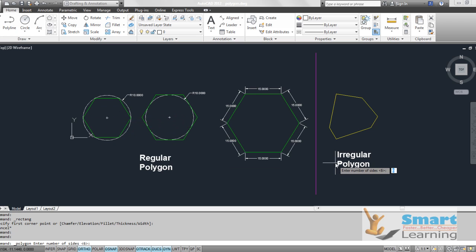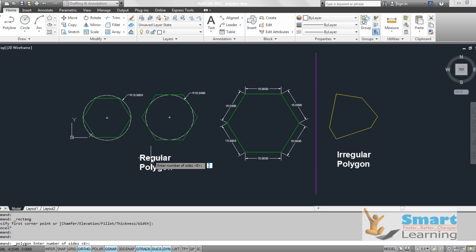But in case of an irregular polygon, you can have any number of sides and any number of radius parameters. So typically if you see the sides here, all the sides are of different length and they don't have a unique center which is inscribed or circumscribed.